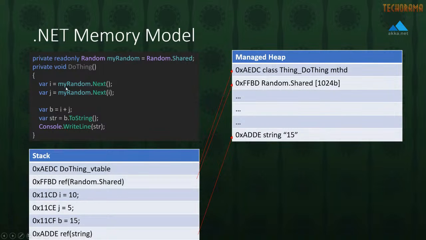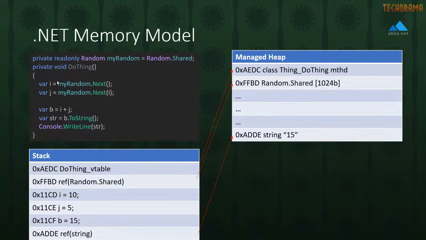And then down here, we're using this random object to generate a couple of integers. These integers are value types, also known as structs. Structs are stack-only data structures, meaning that they only get allocated into, let's say, stack memory while they're being used. And once this scope exits, the stack is going to essentially clean up all these memory references and move on to the next instruction, or maybe move back to an outer scope. All these variables are going to be unscoped, and that memory will be instantly freed without any garbage collection.